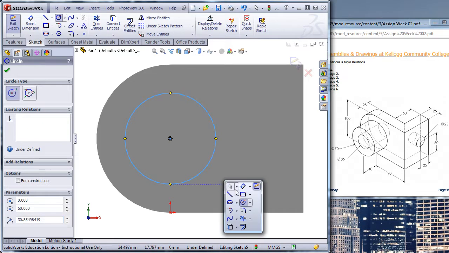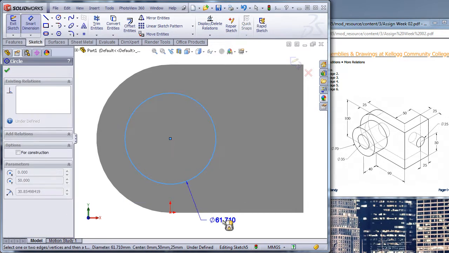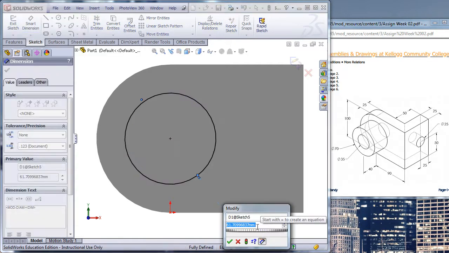I'll type in S. We'll switch to the dimension tool. I'll click it in. One habit to get into is not to do this kind of a diameter dimension, because down the road, if we have to detail this part in a 2D drawing, it's going to want to give us that style, and that's not typically what we want, although for a cylindrical form that might be what we want. But especially for holes, make sure that you get a leader. It'll just make your life easier. It doesn't matter, I won't mark it wrong, but it'll make your life easier down the road if we were to detail this part as a 2D drawing, a multi-view drawing. So I'm going to click over here and put in a diameter of 70,